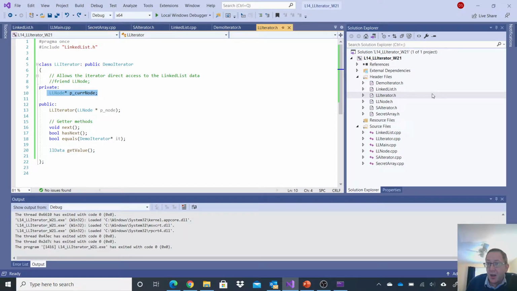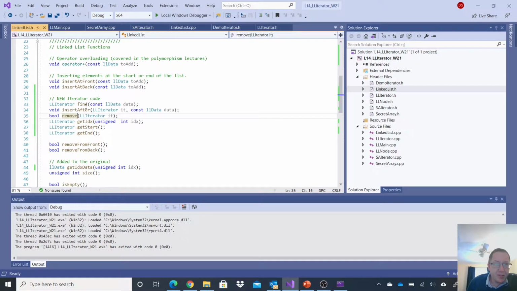In my linked list class, I've added a couple extra functions. I have a find, so I can find this item of data, this value, in my linked list and return the iterator for it. These are just generic kinds of functions you might want for a linked list. Maybe I want to insert immediately after a particular position. Well, I don't want to say this particular node, because then someone has to know how this thing is built. I say, no, immediately behind this iterator, whatever the iterator is,